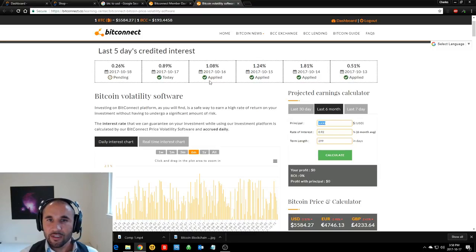So first, just over the last 6 months, you can choose to see what it's been paying, and it's about 0.92% every day. Now how this works, it's using volatility software that plays the market. So if you picture the stock market, every day the market goes up and down, so Bitcoin, Ethereum, there's not just a steady increase or decline, it goes up and down over and over and over again. And this software, it's designed to buy low, sell high over and over and over again throughout the day. And I'm sure it makes them a lot more than 1%, but it pays us 1% every day,